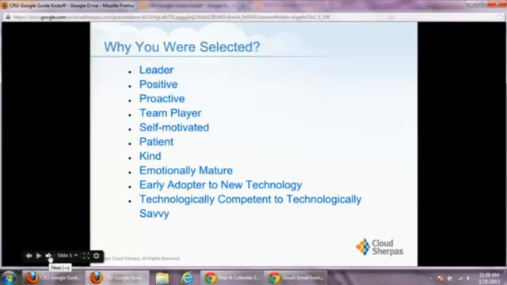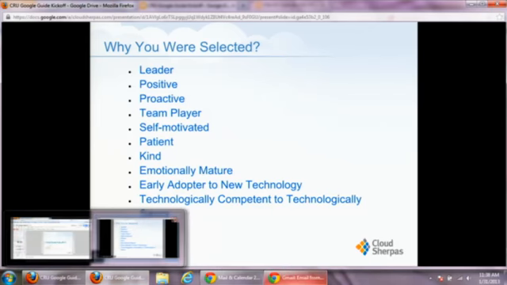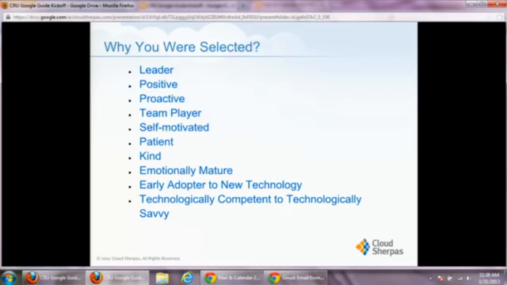So why were you selected? Well, some of you are such leaders that you just volunteered and said, I want to be a Google Guide because I want to help my fellow Crew staff get the most out of this change. And others of you are leaders that were recognized by those you work with or work for, and they said, this person would be a great person to guide others in this new tool. So, many of you are identified because you're self-motivated, you're patient, you're kind, and emotionally mature. And I want to highlight that one